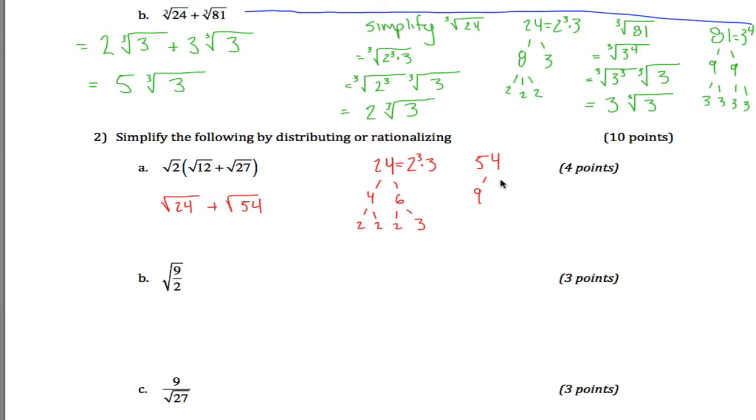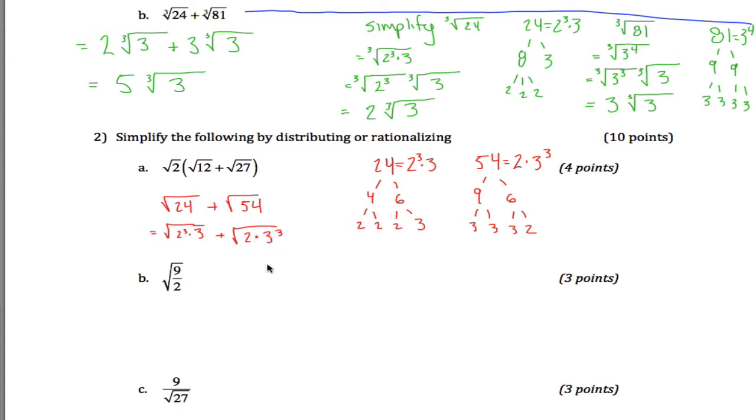54 is 9 times 6. 9 is 3 times 3, and 6 is 3 times 2. So 54 is 2 times 3 cubed. So I guess I'm writing this in here. The square root of 24 is really just, I don't know how I'm going to squeeze this in, the square root of 2 cubed times 3, whereas the square root of 54 is really just the square root of 2